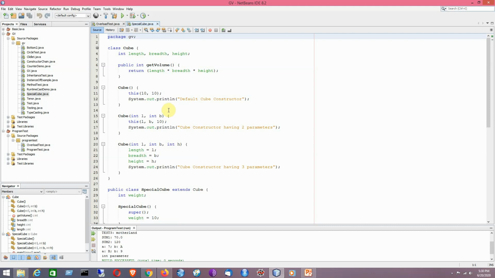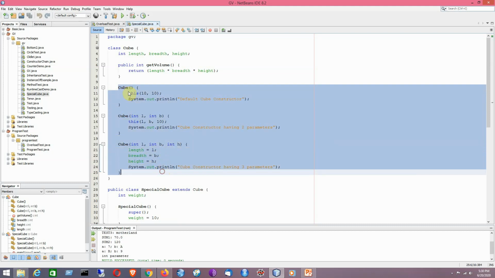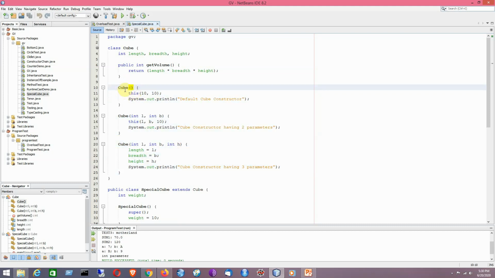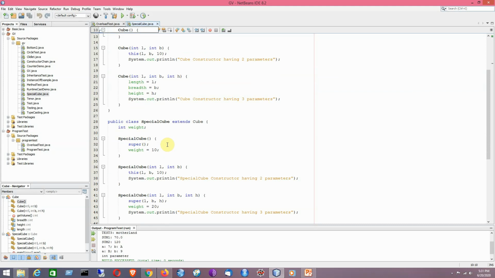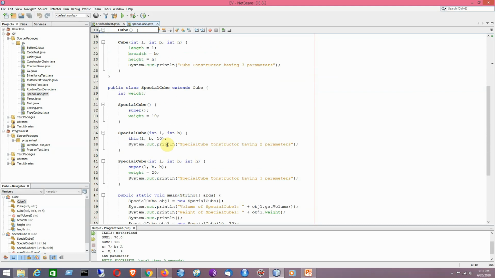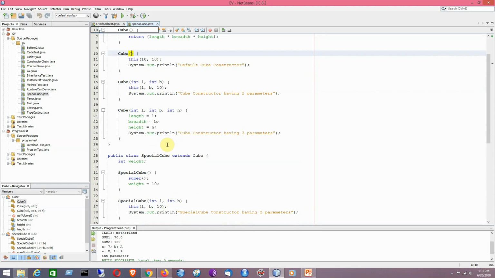Here we have three overloaded constructors: a default no-argument constructor followed by two parameterized constructors. The second one has two parameters and the third one has three parameters, and they get called in this program using the this call or super call that I have already demonstrated.